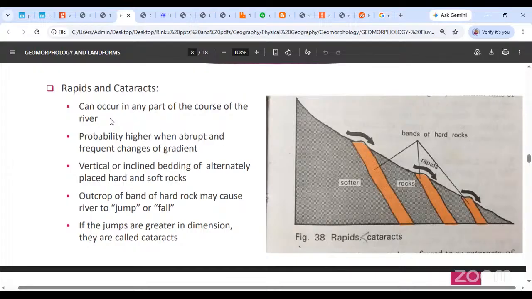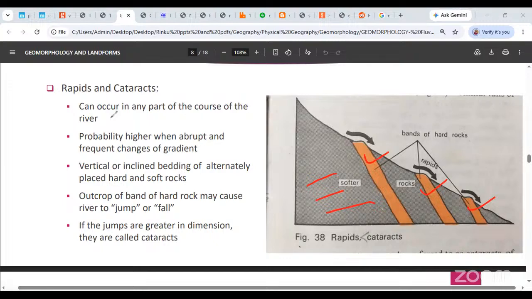Okay, ठीक है. I'll explain very quickly what rapids and cataracts are. We are saying कि rapids and cataracts तब exist करते हैं जब पूरा का पूरा material homogeneous नहीं होता है. Within this, see this gray colored section, that is the softer rock. Okay, and in that you will find harder rocks embedded. ये वाला rock दिख रहा है, ये वाला rock दिख रहा है, ये वाला rock है. These are harder rocks which are embedded within the softer rocks. What happens now? And this is at the bed of the river. Okay, we are talking about the bed of the river.